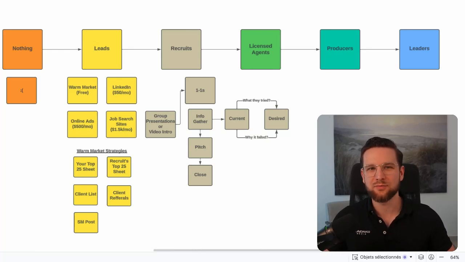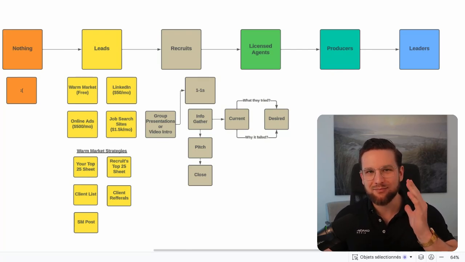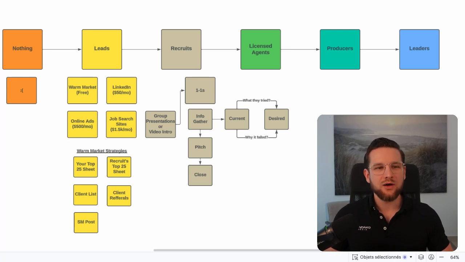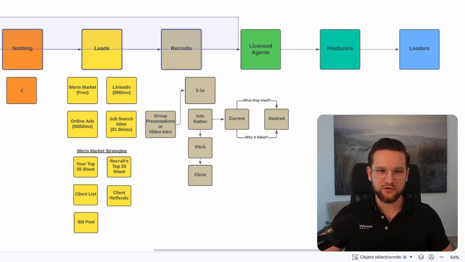As someone who's helped over 1,000 different insurance agency builders scale their recruiting, I'm going to be sharing some very important tips with you that you can immediately start applying in your business to help you with recruiting more insurance agents. So, with that being said, here on the screen, we have our flow of what it